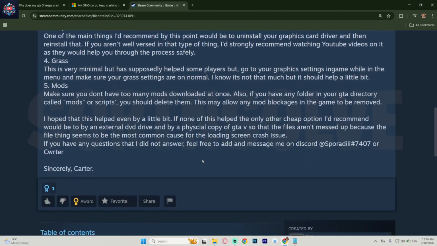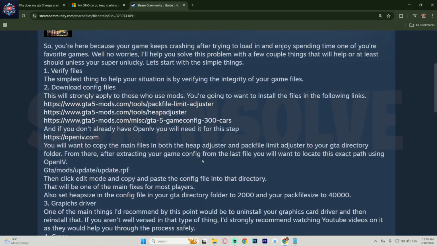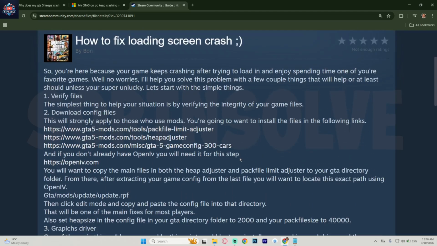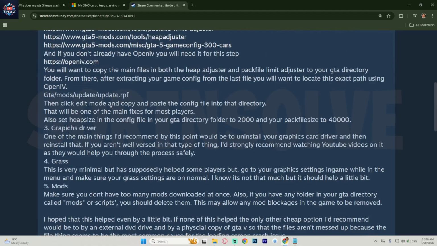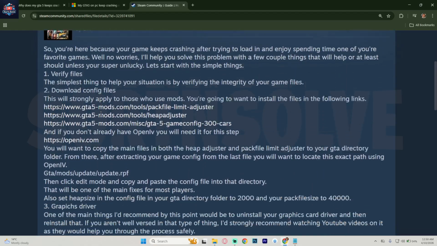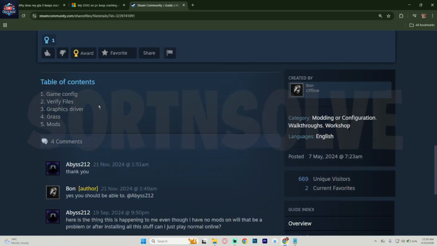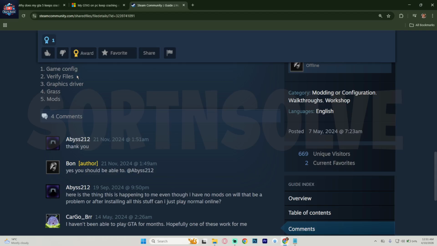Next, go to your game folder and run GTA 5 as administrator. This helps avoid permission issues. After that, open your launcher, whether it's Steam or Epic Games, and verify the game files to fix any corrupted